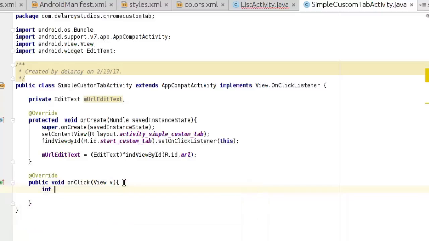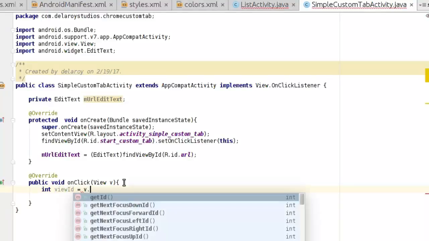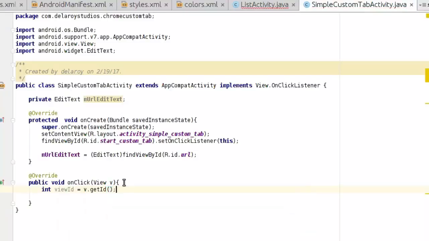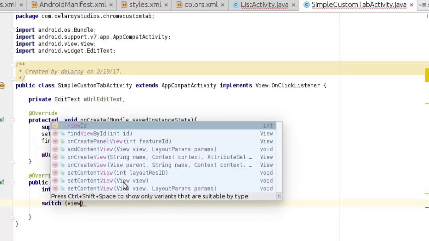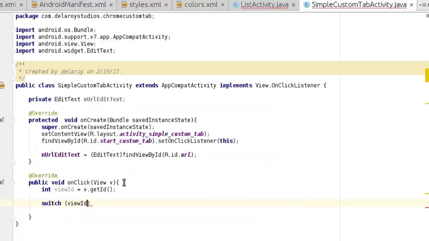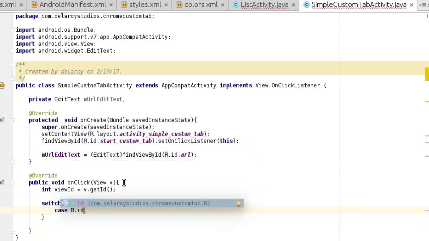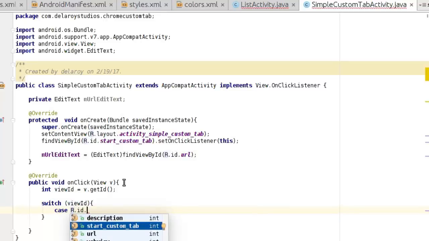Let's move to our click method. We have the integer view ID, which will be assigned to v.getId. That's fine. Now we have a switch statement. Pass the view ID as the identifier, something of this nature. Now we need the first case: if the ID is start custom tab,